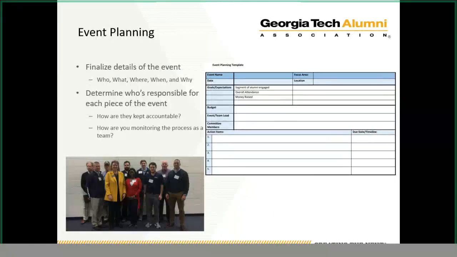So using some sort of template process sheet can help make sure that everyone is on the same page, everything is covered. And also you can take notes and make sure you have all those details on hand for next year if you're planning the same event year to year. You don't need to reinvent the wheel every year, so having kind of a one-pager with all the details is going to be really helpful.